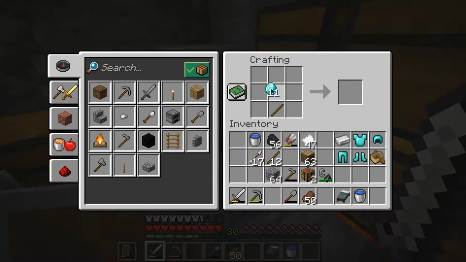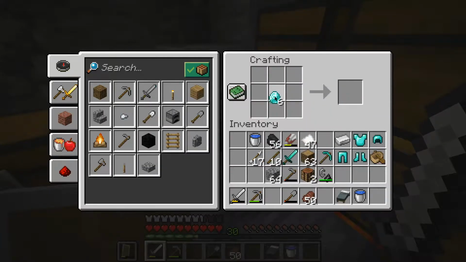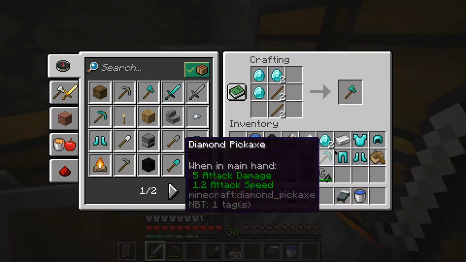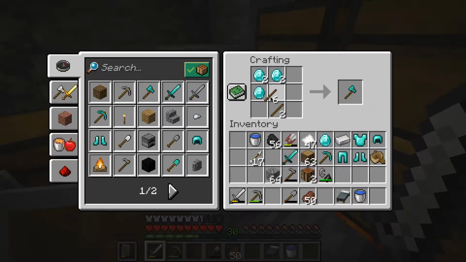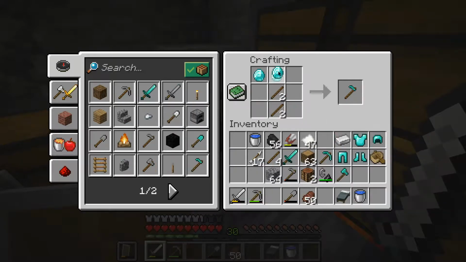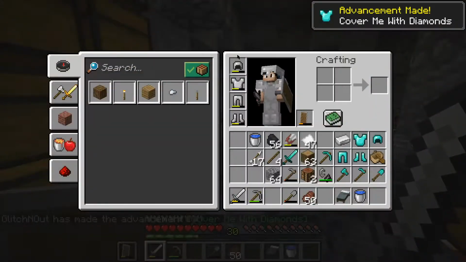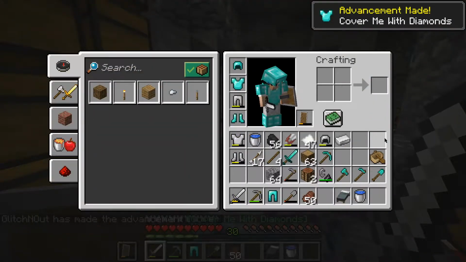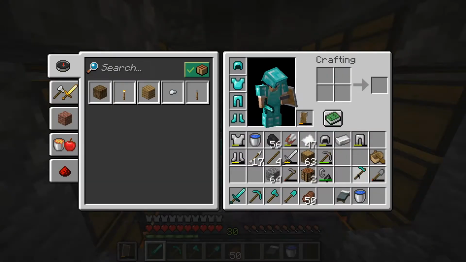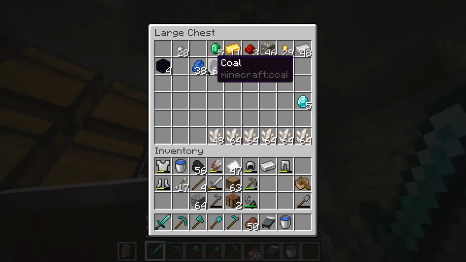Then we need our sword, right? So a sword, a pickaxe, an axe, a shovel, and a hoe, right? So, axe, hoe, shovel. There we go. Put it on for a second here. Yeah, full set of diamond armor with the diamond tools. Let's go. But yeah, I'm actually level 30 right now, so I thought that we should do a little bit